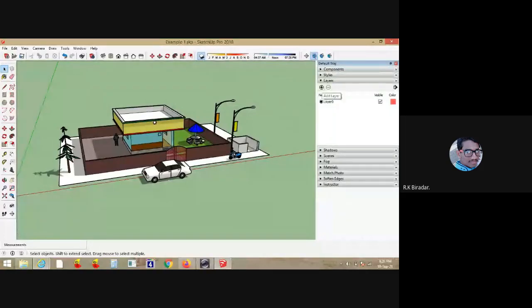Suppose I would like to add a layer here for car, so I add one layer as car and scooter. Just I'll add one layer. Then one more layer I'll add as the roof. Suppose I want to segregate the roof from the whole building. Then I'll add a compound wall. So after this, what will I do?